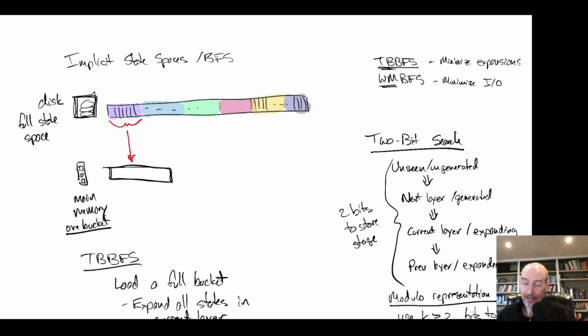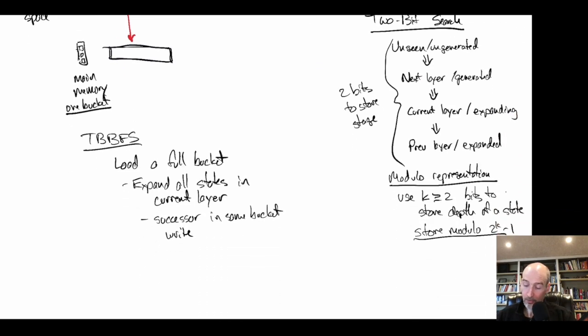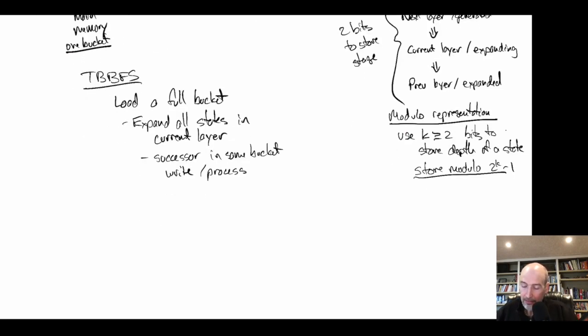So this is a little bit akin to the structure-based duplicate detection, because we do get the structure. There's some sort of structure here. And in fact, if my successors tend to be locally in memory, then I'm going to tend to get most of them to have their duplicates found almost immediately. So that's going to be good. I'm going to write or process them. They might be duplicates. And if they're not,